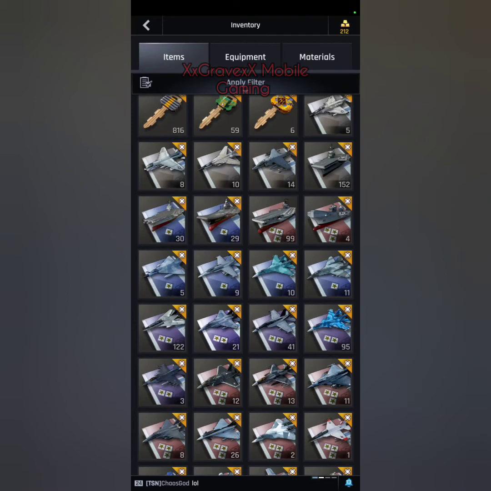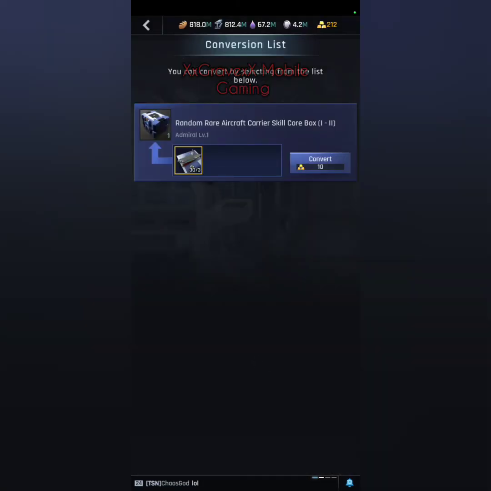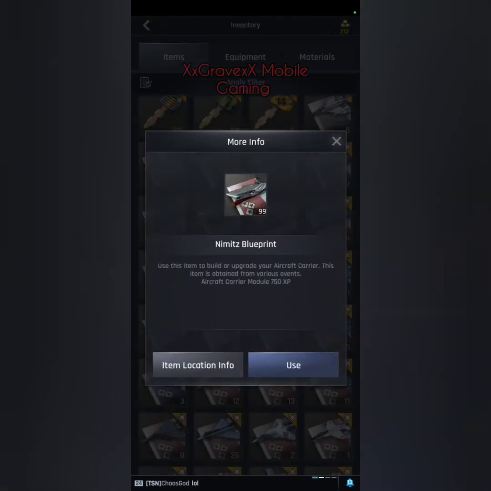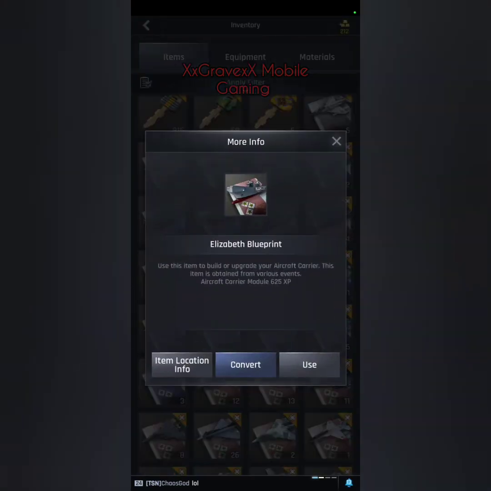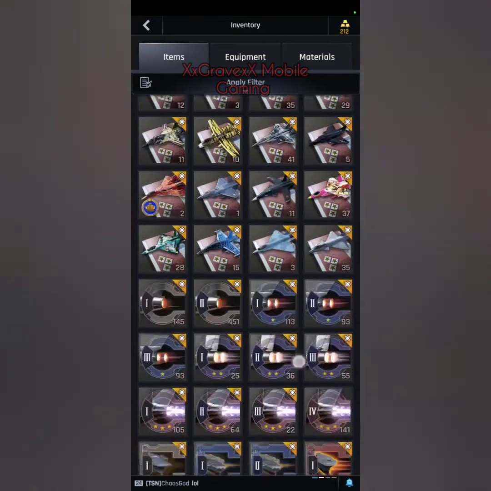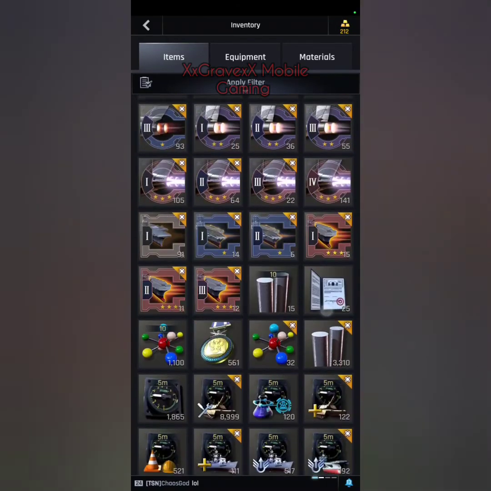So again, here's your carrier blueprints. You can convert these into your skill boxes. I wouldn't do that. I would use them to level up your modules once your carrier is maxed. I have 99 Nimitz blueprints. I can't do anything with it because I haven't maxed out my Nimitz yet. So definitely, I have 4 Elizabeth because I've used all mine to upgrade the modules. Did I skip those? I don't even know if I skipped those or not. But anyway,